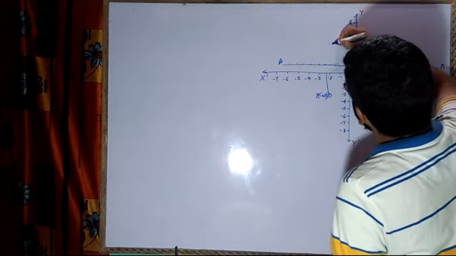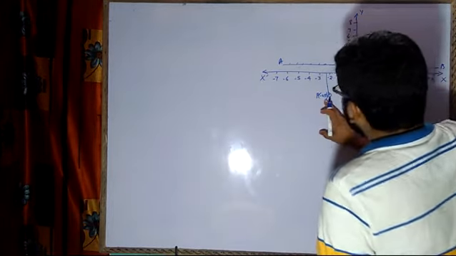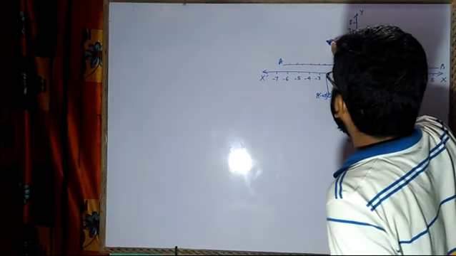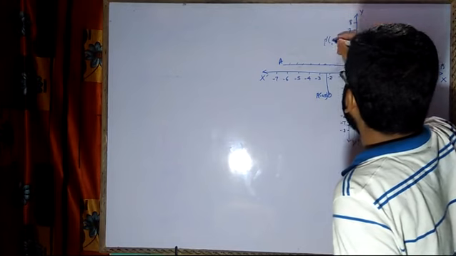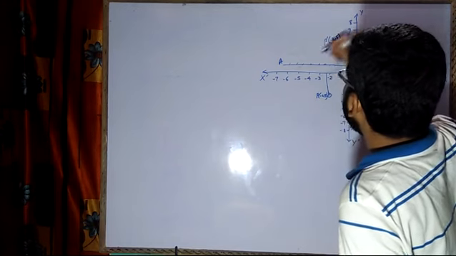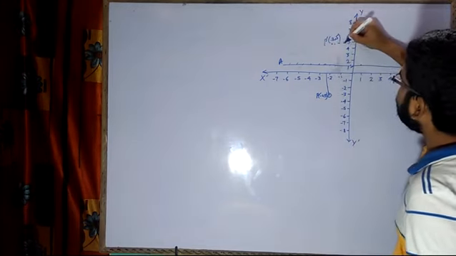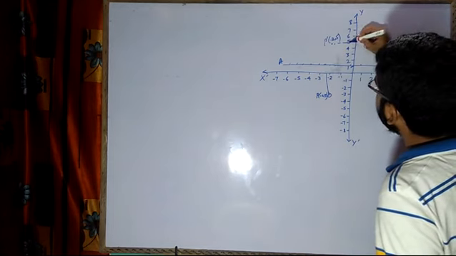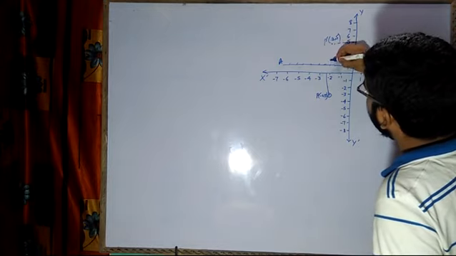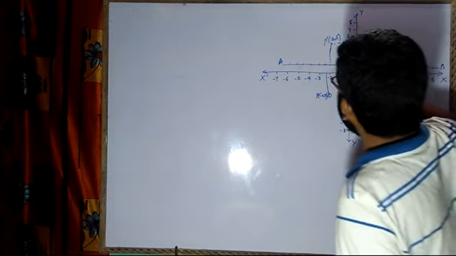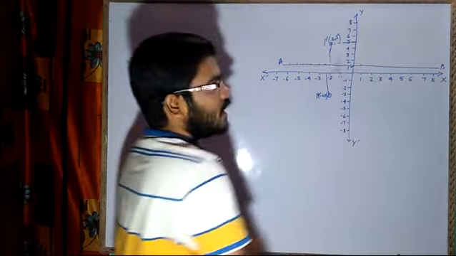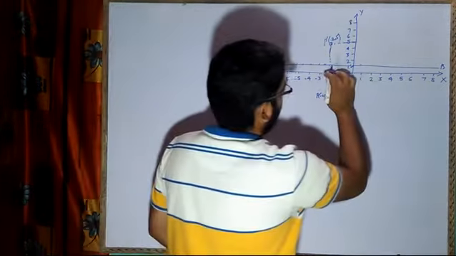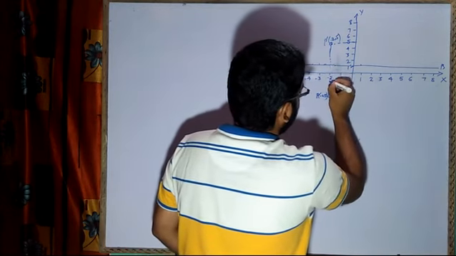The value of x is not going to change. So it will be called P dash, and its reading will be -2, 5. Correct? Because from here you get 1, 2, 3, 4 units. So this is the meaning of P dash. See here, the board has some bulge, so I am not able to draw it properly.